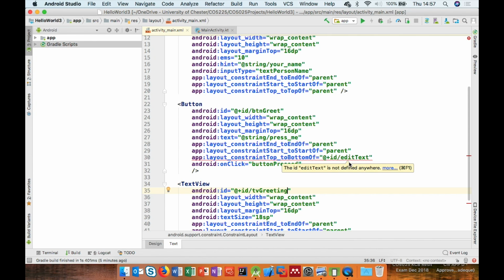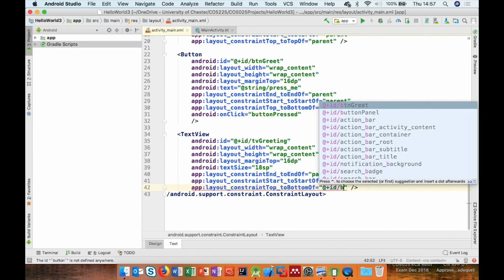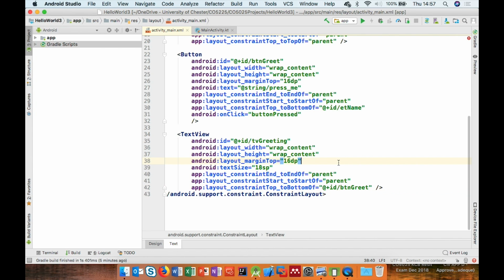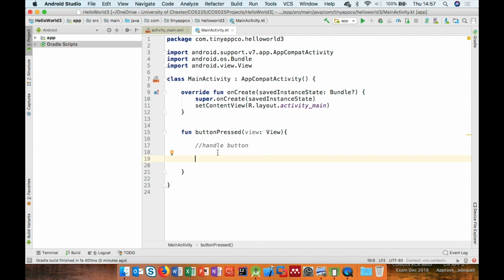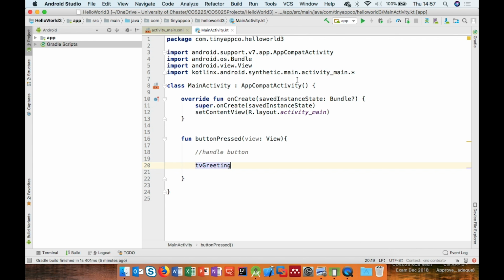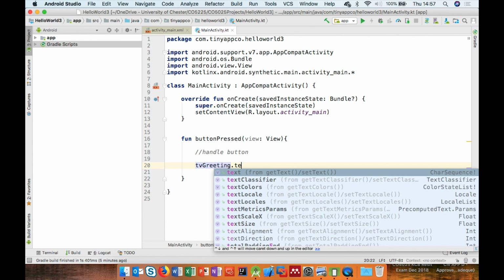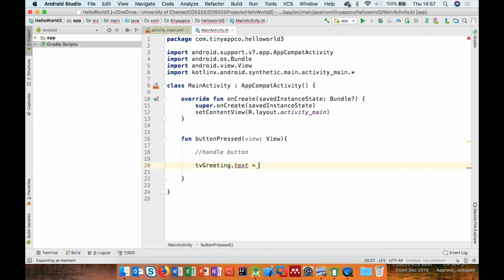Now, obviously, if I've renamed these, it's mucked up here, so I can say that's going to be the edit text name, and then this is going to be screwed up. This is going to be button greet. Okay, so just be careful if we rename things. So what do I want to happen? I want to say that the text view greeting. So notice that's added the import and I hit enter, and I want to set its text to be hello